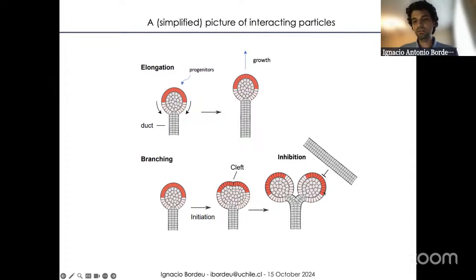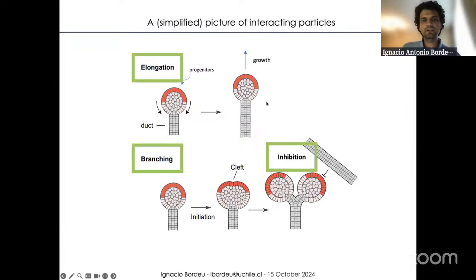Yeah. So what's going to happen is that when a tip that has a lot of proliferative cells approaches another duct, the cells in this tip are going to exit cell cycle collectively, and they're going to arrest the growth of this tip. So they're going to become inactive and just fall out of cycle. Yeah. So these were the rules that were incorporated by